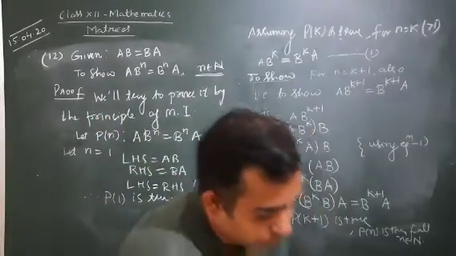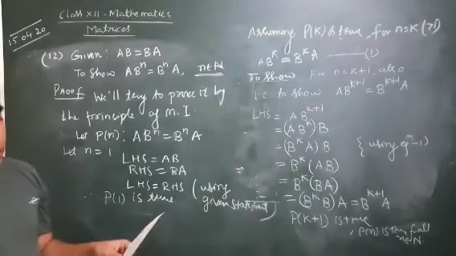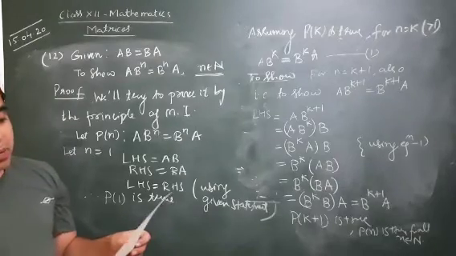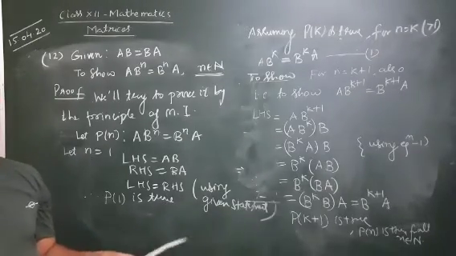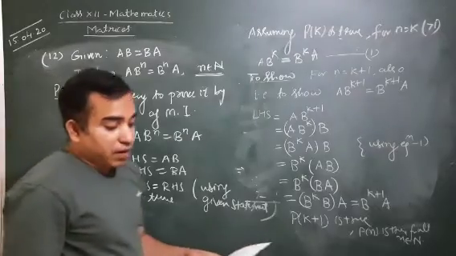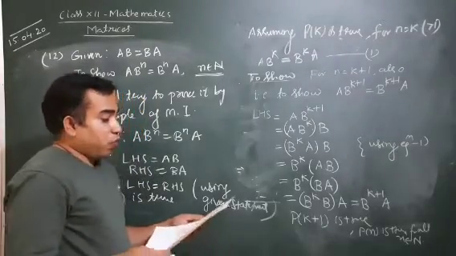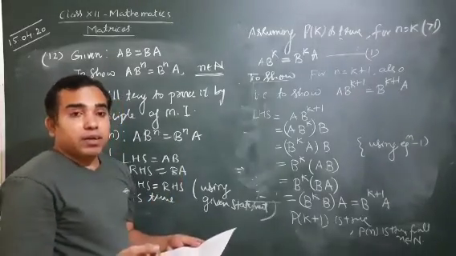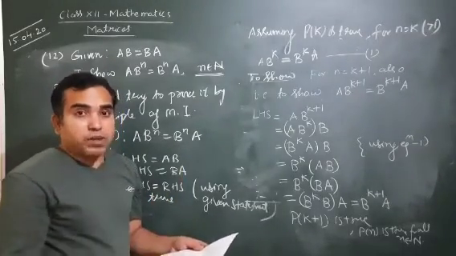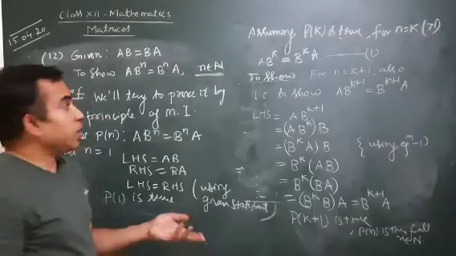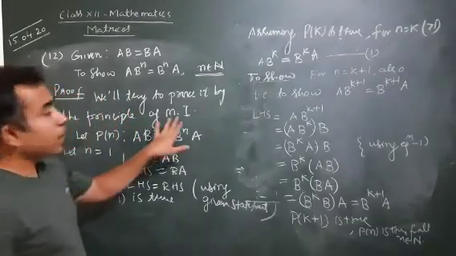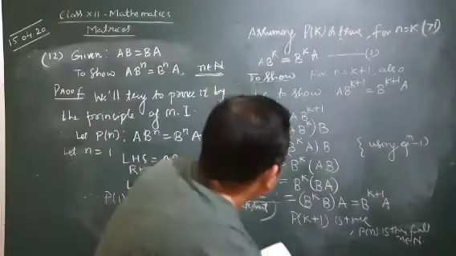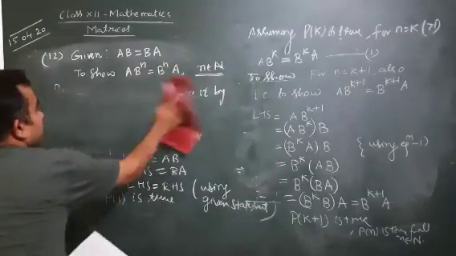Right? So one part of this question 12 gets proved here. One more part they are asking: further prove that AB whole to the power n is the same as A to the power n, B to the power n. This I am leaving for viewers. Please try this part. Here also the whole power n you have to prove for all natural numbers. So whenever you have to prove for all natural numbers, the method is principle of mathematical induction. So in a similar manner, please try the other part also. Let us see some more questions